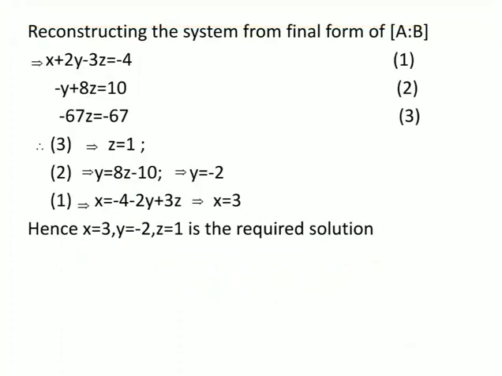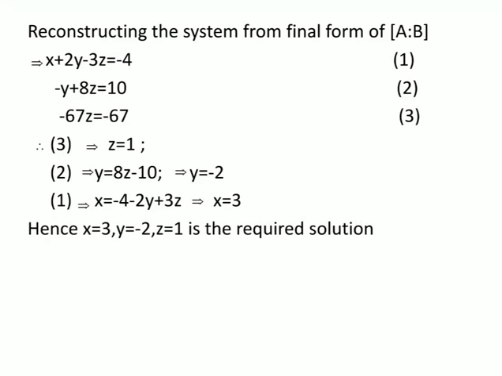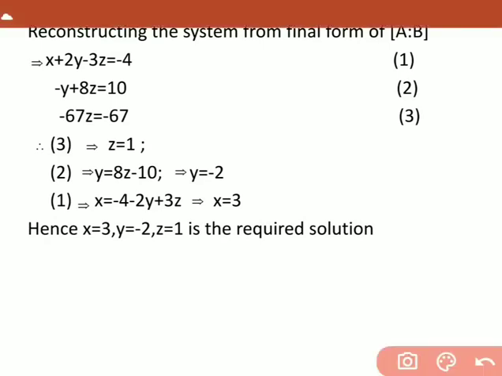Reconstructing the system from the final form of matrix A colon B, the first row is x plus 2y minus 3z equals minus 4, and the second row, since we don't have any x, is minus y plus 8z equals 10, and in the third row we get minus 67z equals minus 67. So from the third equation, on both sides minus 67 gets cancelled. We have z equals